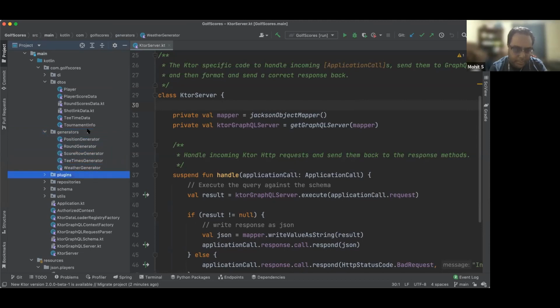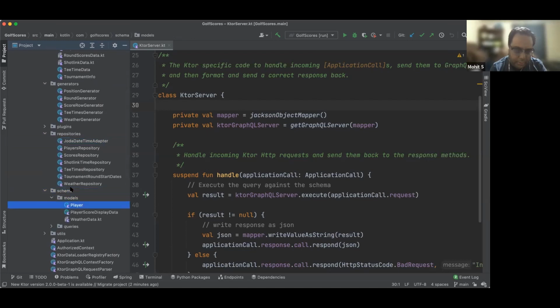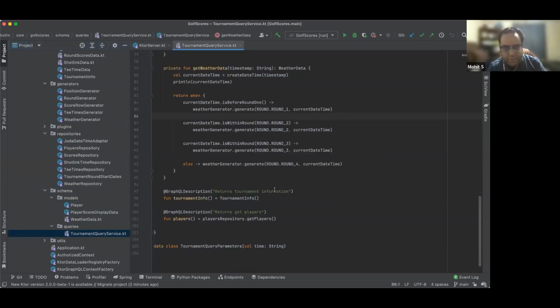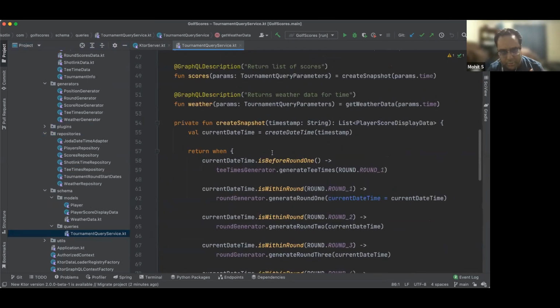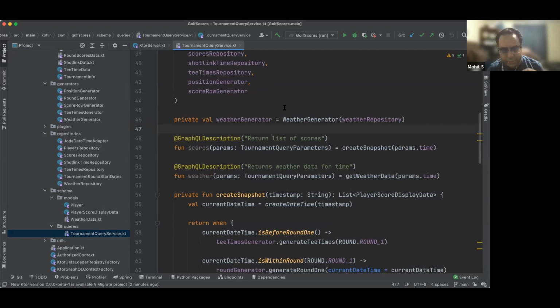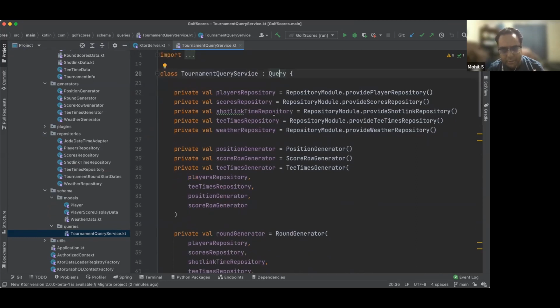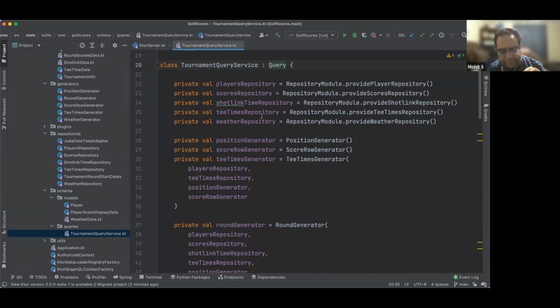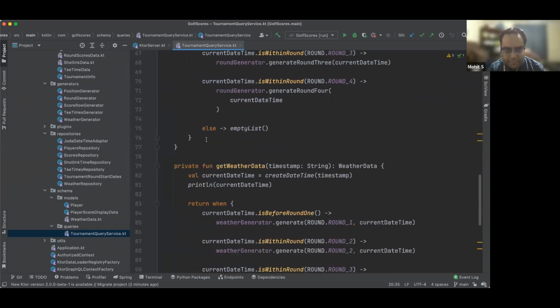The thing which drives this whole thing in GraphQL is this right here, the single API where you define to the app what will be the queries that it could make. So this is a service. I'm inheriting this query class here, and I have different repositories for different pieces of data. Each of these allows me to get the scores, the weather,